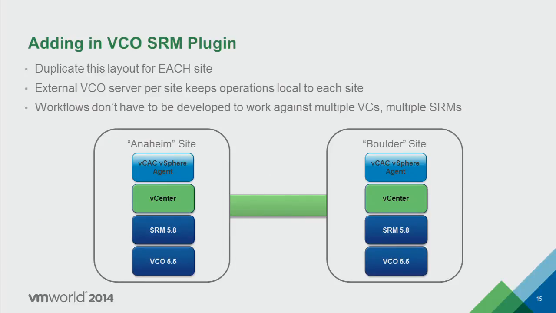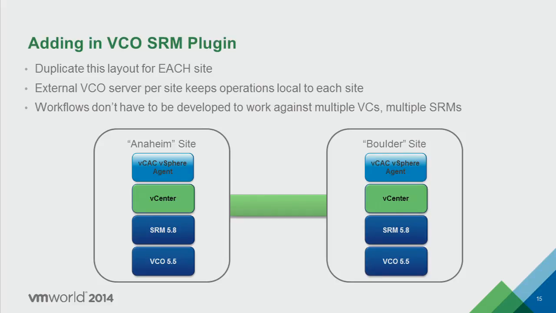And so this is the traditional layout that you'll have on each site. We talked earlier about the vCloud Automation Center. It could be on either site as long as it has endpoints on both sites. Specific to each endpoint, you would want the VCAC vSphere agent local to the vCenter that it's associated with. Also, on each site, you would have your vCenter servers and your SRM servers. We also tend to recommend having a VCO server per site as well,